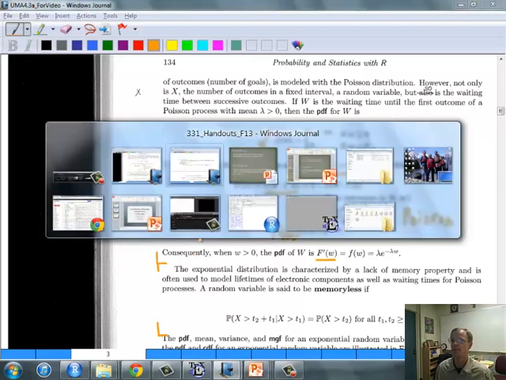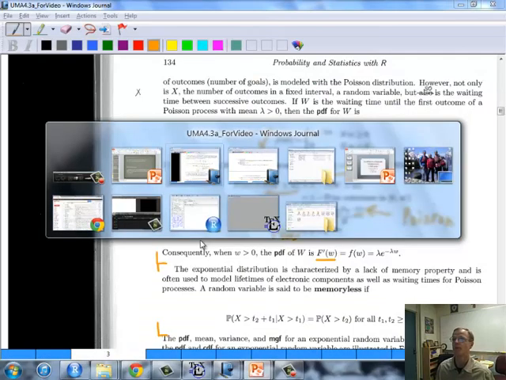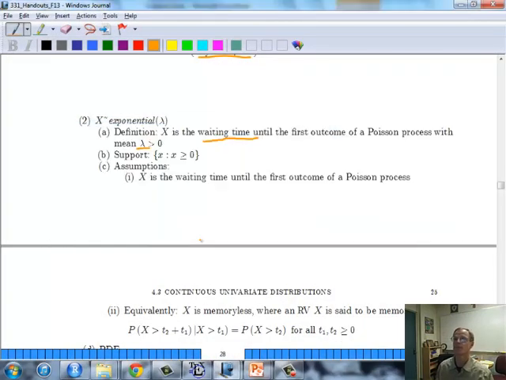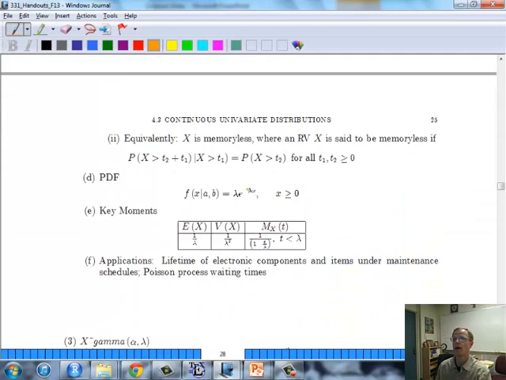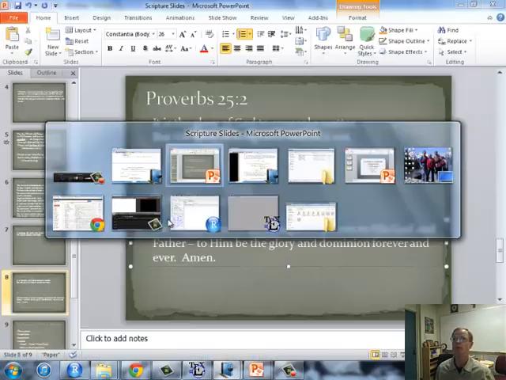Well, let's just, to be really explicit, let's get out of this. To be really explicit, let's come down and go, okay, here's my PDF. We got it. And I want to talk about this second property, which is memorylessness. It is equivalent to the waiting time assumption. The PDF can be derived using either one of these. And looking at it in the book,